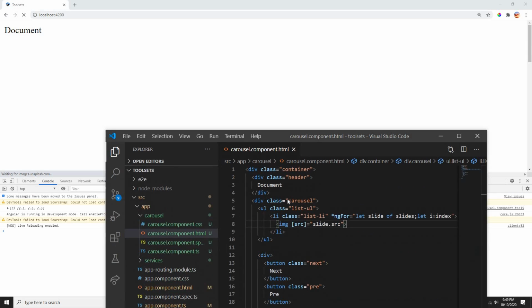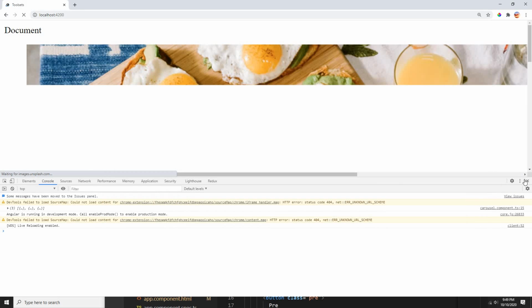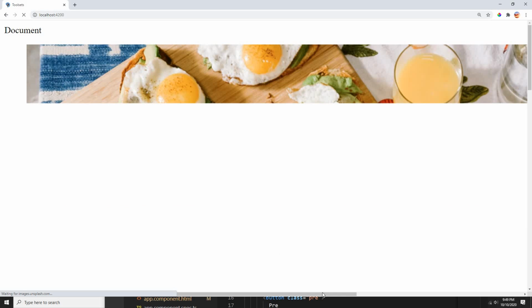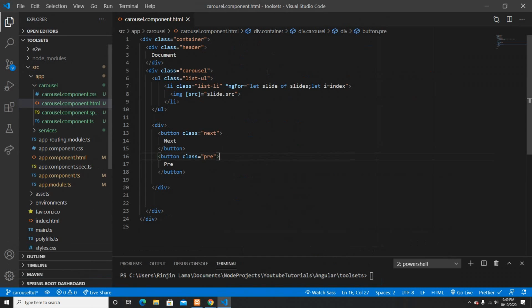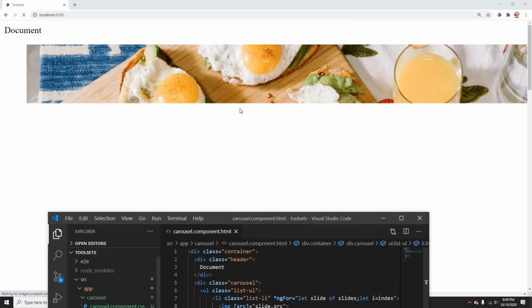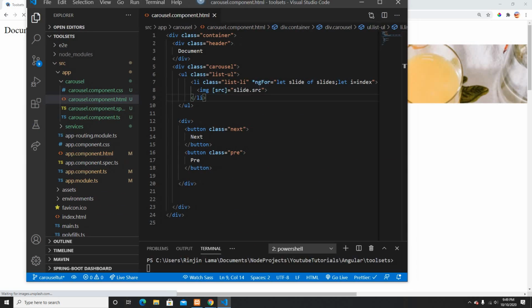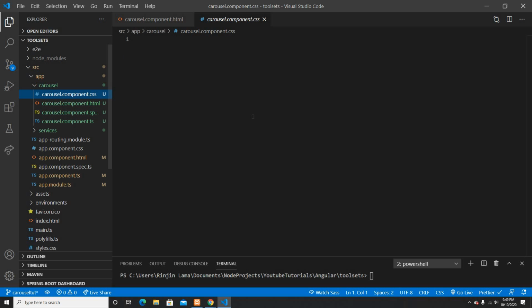Okay, now it will give me three big images. It's supposed to give me. Oh, yep, it's loading here. So it's giving me three big images. Okay, so that's all it does. It's sliding, and it's supposed to give me. Yeah, it's still loading. But I'll directly go in CSS and work on the CSS part now,